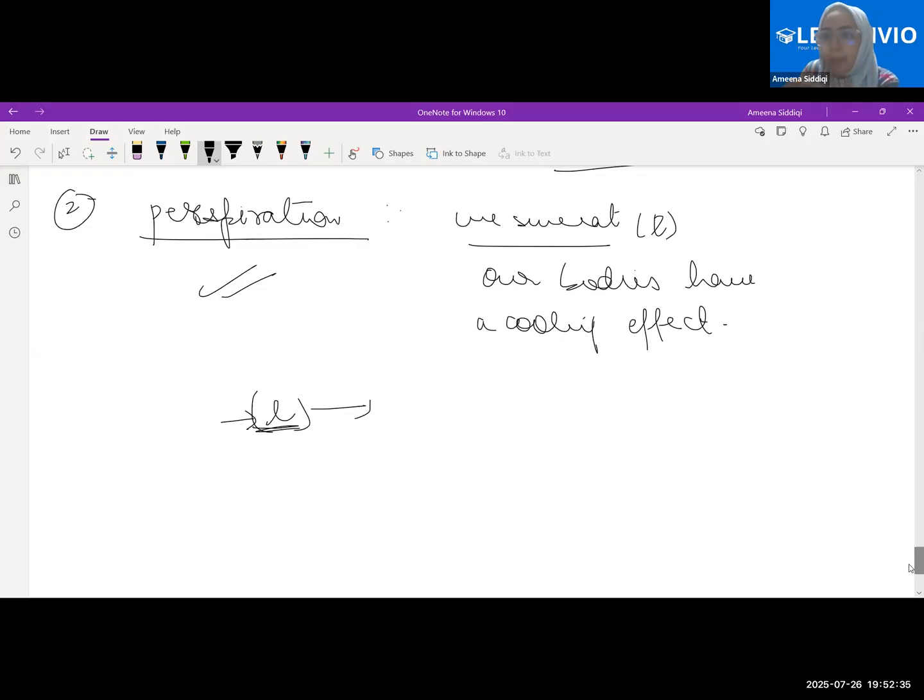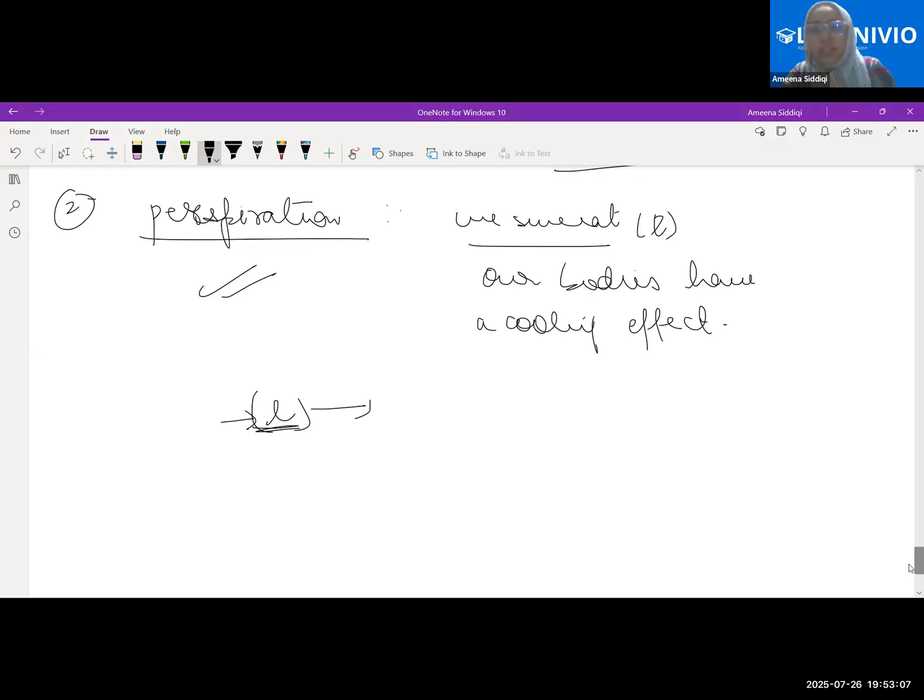Okay. Now what happens if we wear a fabric which is not breathable? Not breathable means the evaporation process will not happen very easily. Why not very easily? Because those fabrics do not have very small pores in between. Natural fibers like cotton have very small pores in between, so that allows the vapors to escape very easily. If we are wearing synthetic clothes which do not have pores in between, the water vapors do not escape very easily. Is it clear?